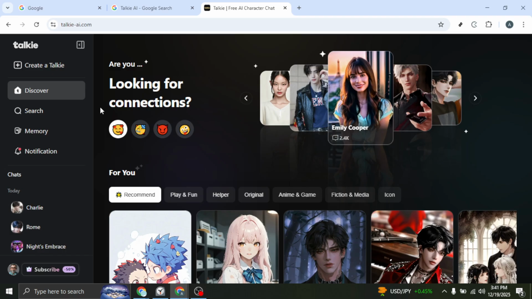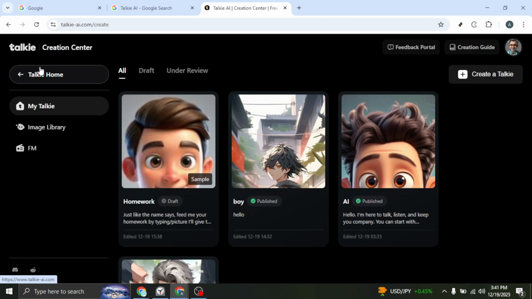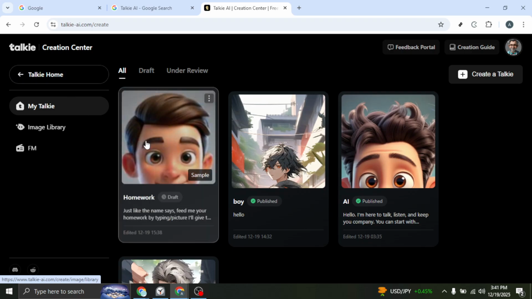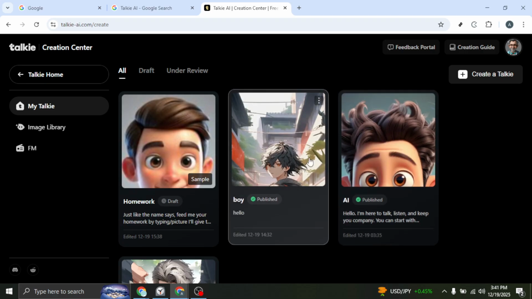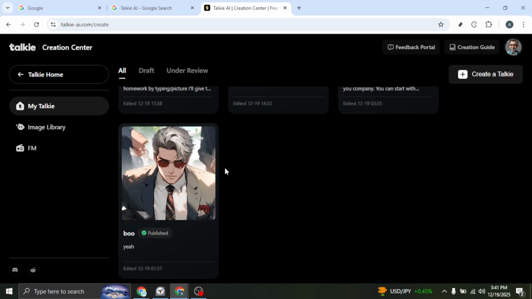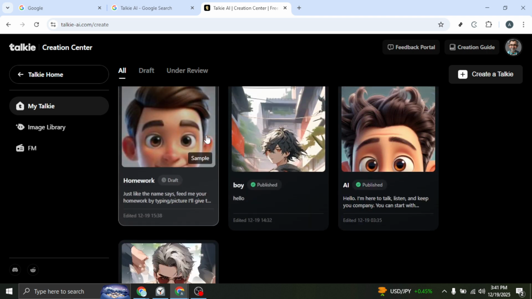Once you're on the Talkie AI site, find and select the option labeled Create a Talkie. This takes you into the creation and editing area where all your characters are managed. If you're working with an existing character, make sure you select the one you want to rename. You'll typically see your characters displayed so you can quickly pick the one that needs an update. Keep in mind, you'll need access to edit that character, so choose one that's in your library or one you